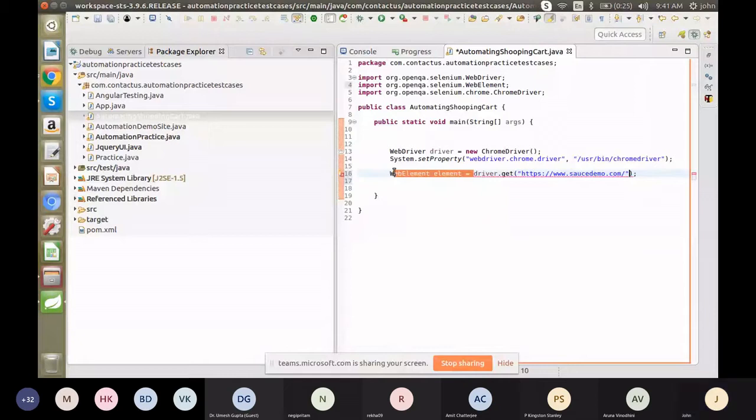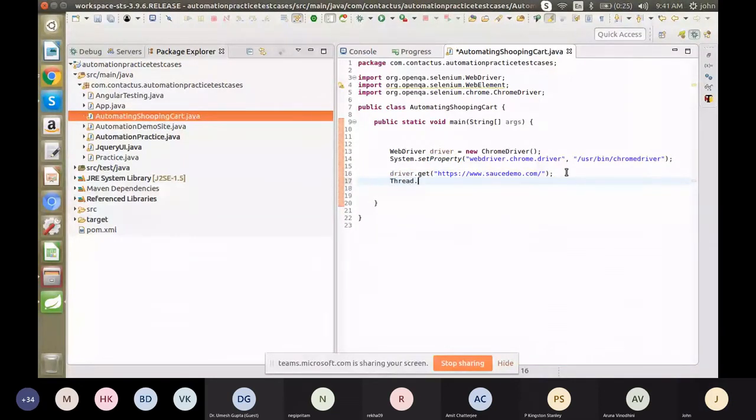And here it is not required. We'll go with the elements. Then we will put some Thread.sleep so that all the pages are loading properly. So I'm giving 2 seconds.